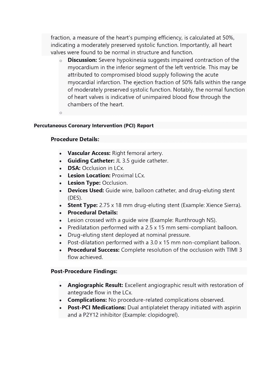Percutaneous coronary intervention, PCI, report. Procedure details. Vascular access, right femoral artery. Guiding catheter, JL 3.5 guide catheter. DSA, occlusion in LCX. Lesion location, proximal LCX. Lesion type, occlusion. Devices used, guide wire, balloon catheter, and drug-eluting stent, DES. Stent type, 2.75 x 18 mm